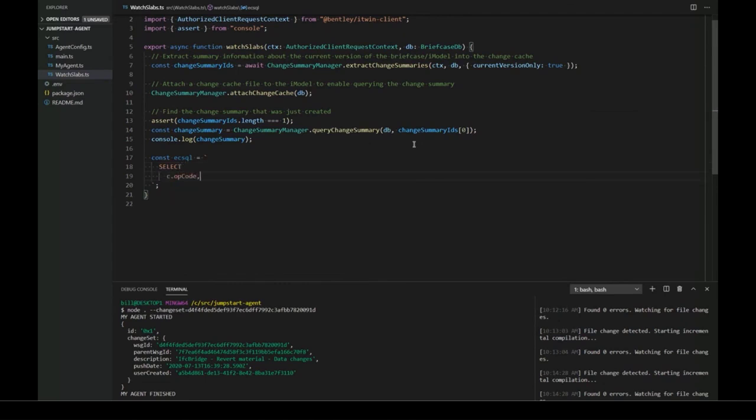c.opcode, and I'll explain this in a second, e.userLabel. EC SQL, by the way, is SQL. So if you know SQL, you already know EC SQL. It's just classes and properties instead of tables and columns. That's really all there is to it. And we're going to select, you see I'm using these two aliases here, so let's define them in our from and joins here. So we'll do from EC